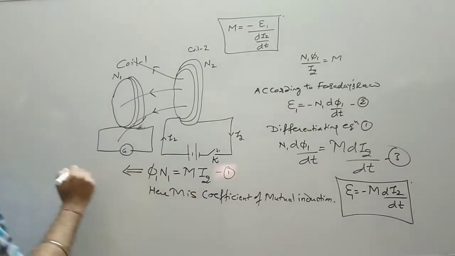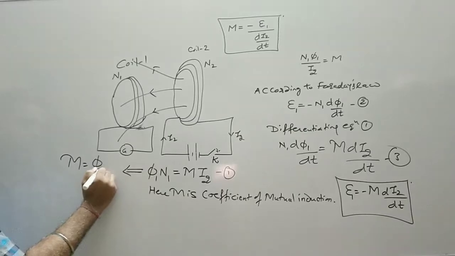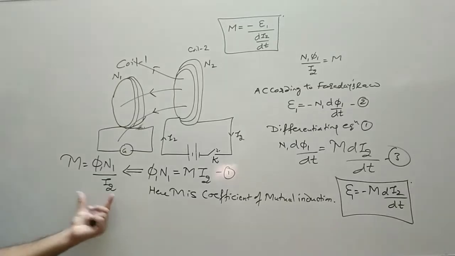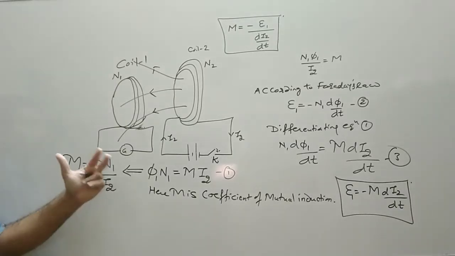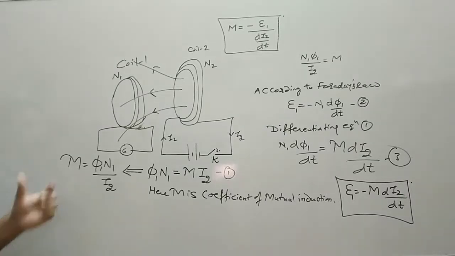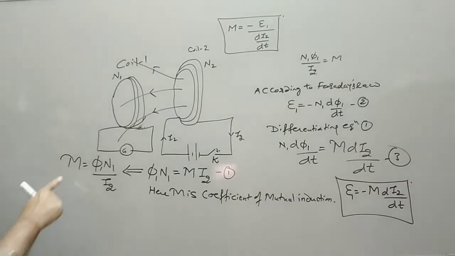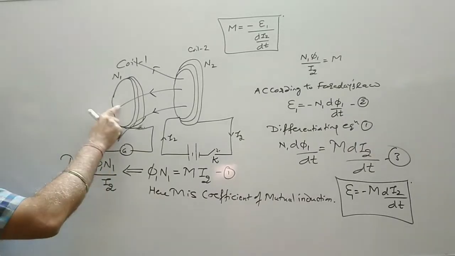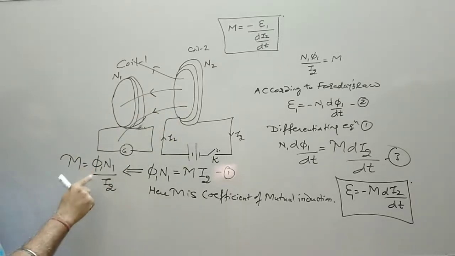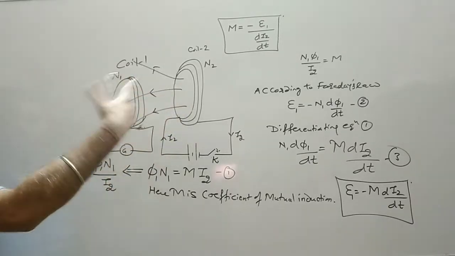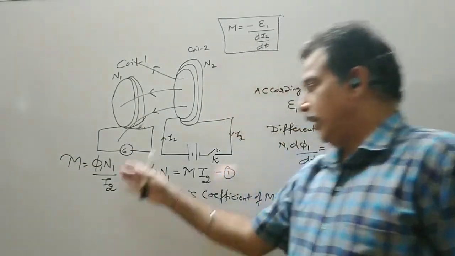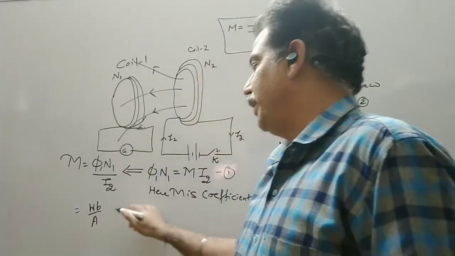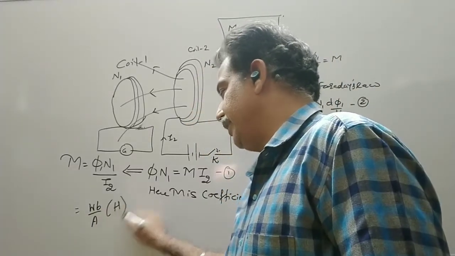One formula for mutual inductance is the total flux linked with the coil to the current passed in the other coil. So this is the mutual inductance. There is a system of two coils. It is also defined as the magnetic flux linked with one coil of a system of two coils per unit current passed through the other coil. So we have the unit Weber per ampere, which is known as Henry.